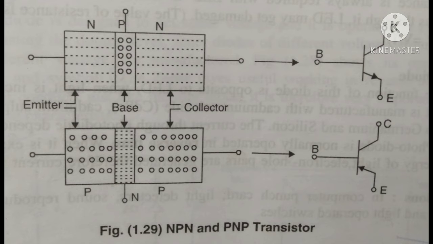A transistor consists of 3 semiconductor regions. First is the emitter. The emitter is heavily doped and medium in size. Second is the base. It is lightly doped and thin in size. And third is the collector, medium doped and larger in size. Look at this figure: N denotes the emitter, the base is denoted by the P region, and N denotes the collector. These are the 3 terminals of a bipolar transistor.